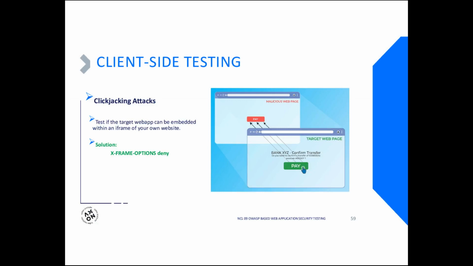Another famous client-side attack is a clickjacking attack. And I believe this is the last attack we'll talk about here. A clickjacking attack involves getting your target web application in a frame that is completely invisible, and then you would put that invisible frame in front of your malicious website, and then the victim thinks they are